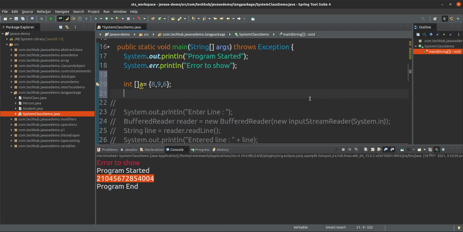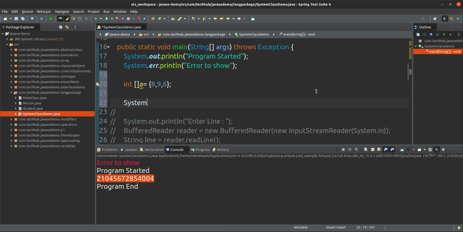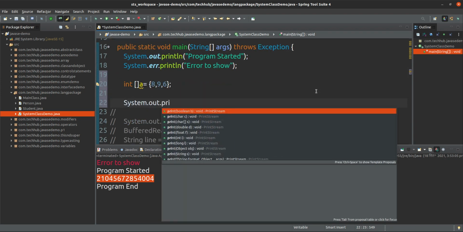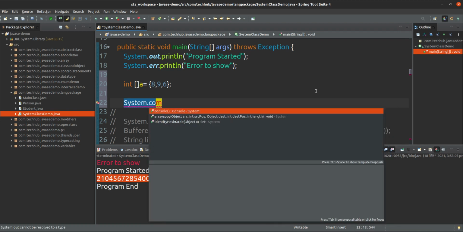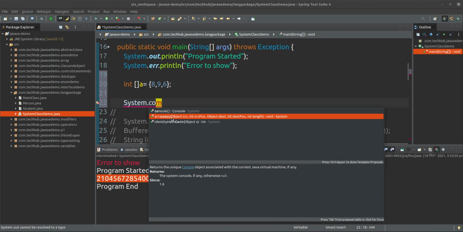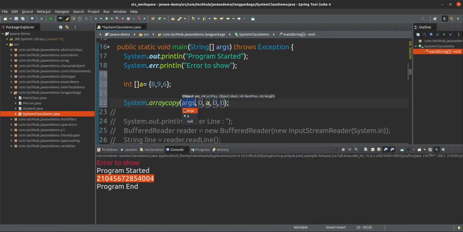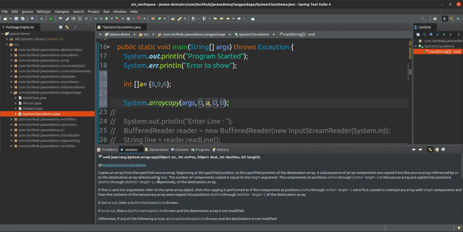This is one array, and so System.out.print, System.arraycopy. If you see arraycopy, you can see the documentation here: copy an array from the specified source array, beginning at the specified position.